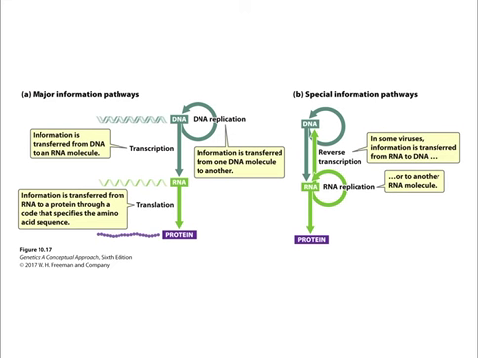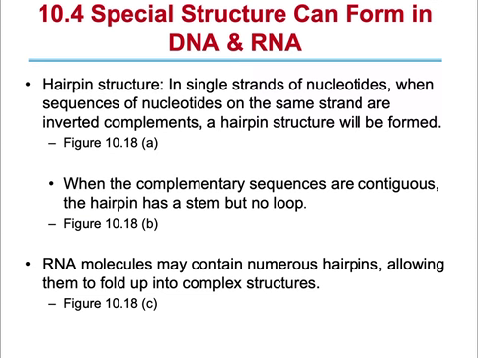And then in some viruses, of course, we have just plain old RNA to RNA to protein. And then in some viruses, we have simply RNA to protein. All right, so there's all sorts of different pathways that can take place. Most of the unusual pathways are produced by viral reproduction, and again, we have to stress that viruses are not technically living pathogens. Some special structures that form in DNA and RNA include hairpin structures,